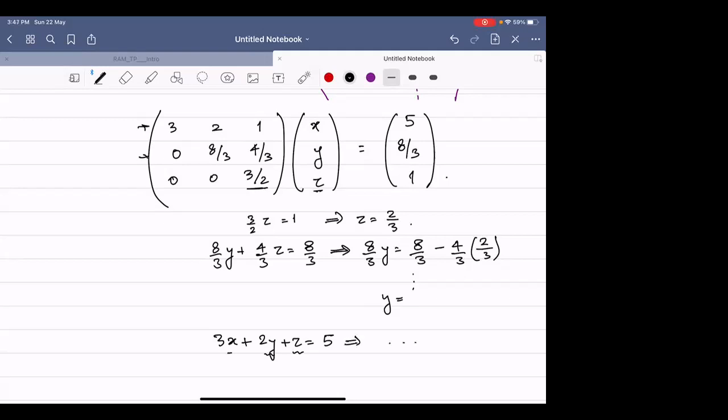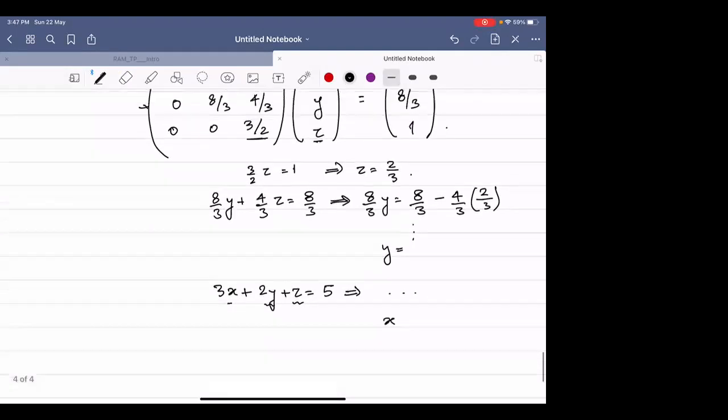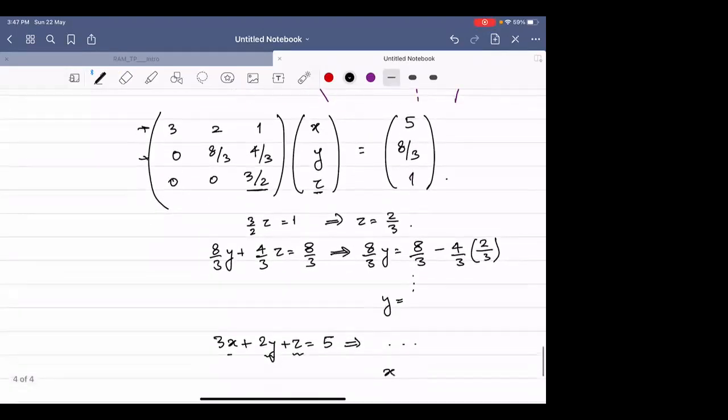Right? So you can solve, and later if you want, you can tell me what this answer is. So in this way, you got your x, y, and z. You got the solution to this system of equations. Okay, so geometrically, the idea is that you are eliminating certain variables and reducing the number of variables in the